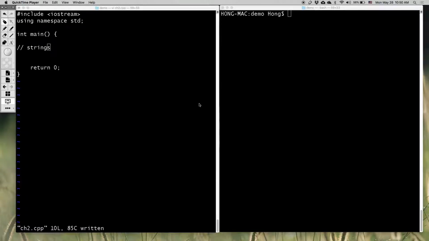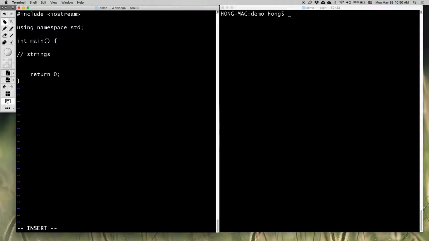This video reviews C++ strings. When you type something within double quotes, that is called a string. But string is not a C++ primitive type like int, char, double, float. Those are primitive types. String is not a primitive type, but it's available as a library. So to use strings as a variable, you need to include a string library